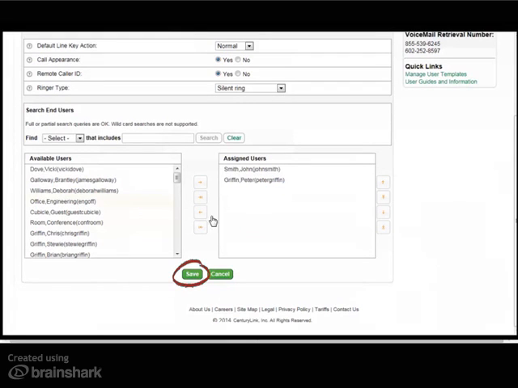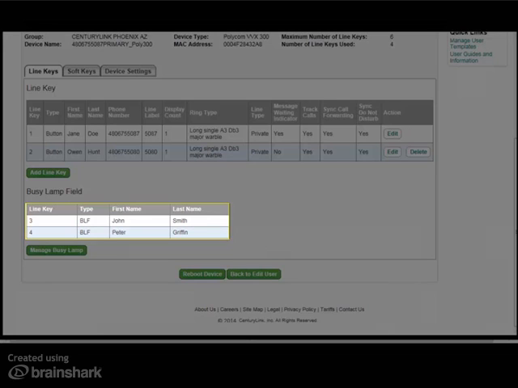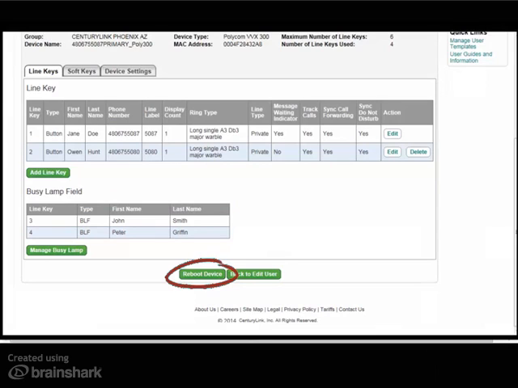Click the Save button when all users have been added. The BLF keys that were added will now appear on the screen. Scroll down to view them. The BLF keys will be built on the next available keys in the order that they were placed in the assigned users field. Adding SCA or BLF keys requires a reboot of the phone for the changes to be visible